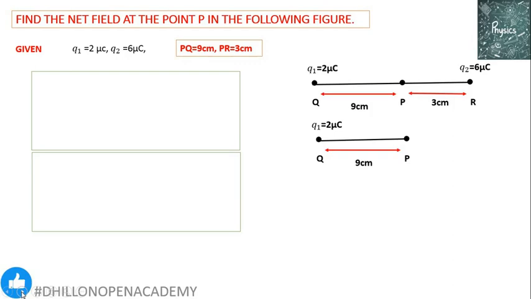Now we have to indicate the direction of the electric field of Q1 at the point P. In order to do that, suppose we place a test charge Q0 at point P. Always remember, the test charge Q0 is always considered to be a positive test charge. So if we place positive test charge Q0 at point P, Q1 is also positive in nature, so Q1 is going to repel Q0 away from it in the direction Q to P. So the direction of electric field E1 will be pointing from Q to P.